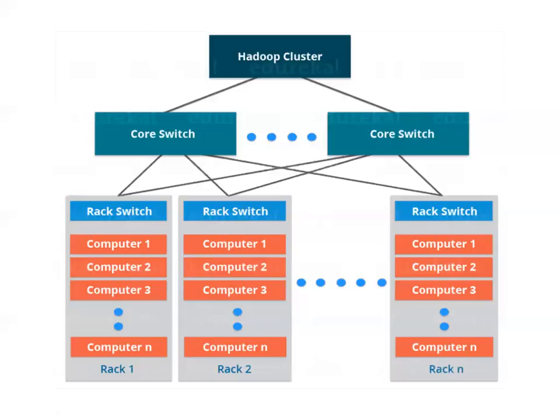So there is no overhead in the network. You are reducing the network bandwidth usage. Okay, so here you are sending some code, some logic. With that logic, the processing is done in these multiple machines, and the result is sent back to the centralized machine. So this is what Hadoop distributed file system is.